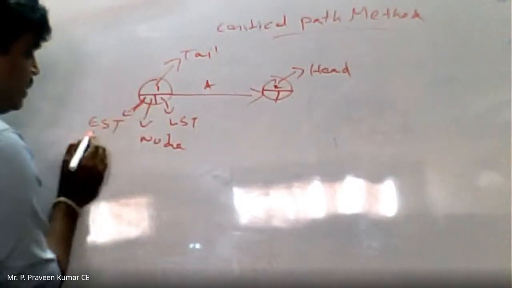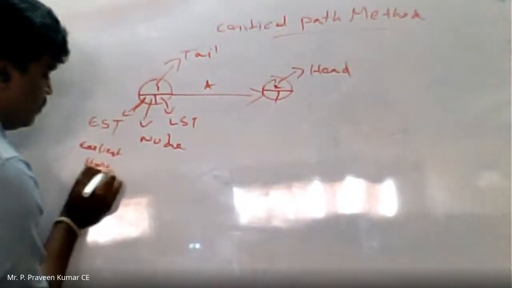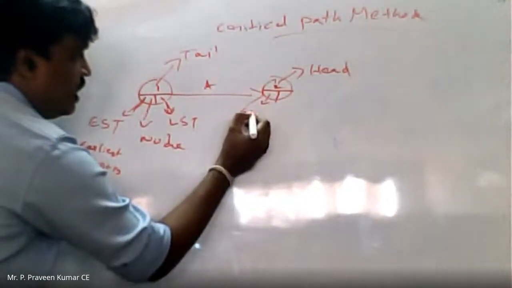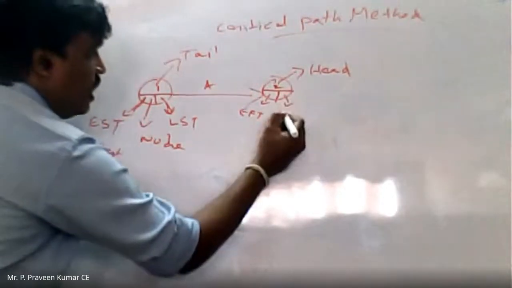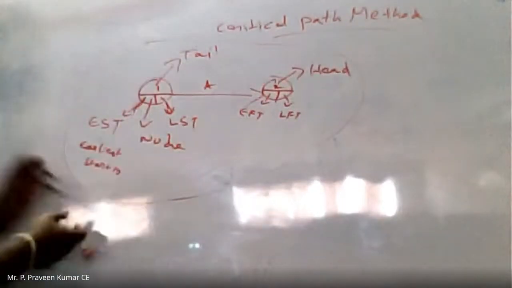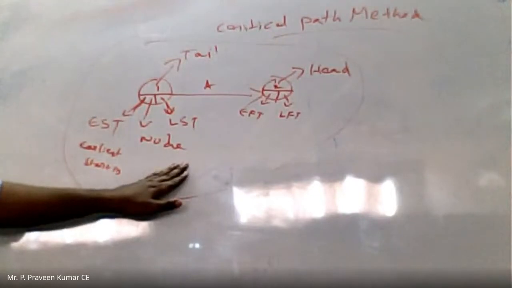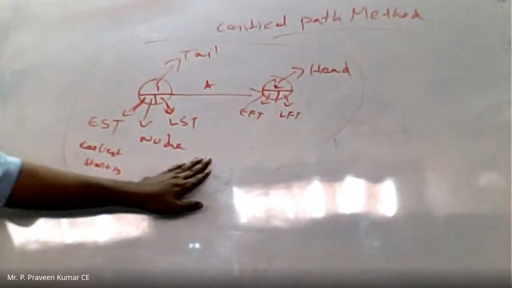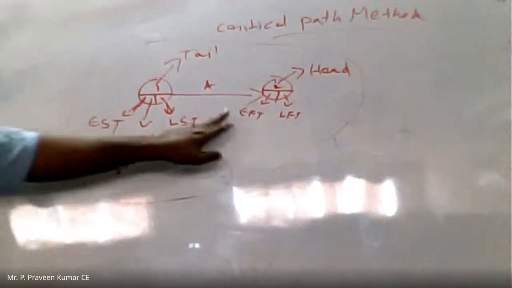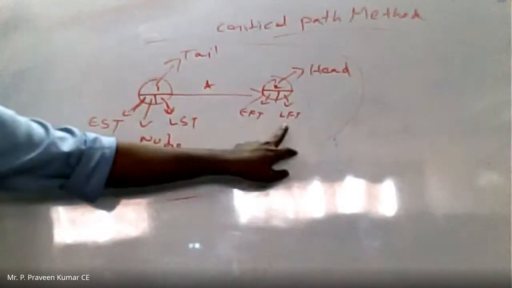Okay. Now this event is divided into parts. That is EST, earliest starting time. This is latest starting time, and this is earliest finishing time. This is latest finishing time. Okay, this is the basic idea about how to develop the network. If you keep these points in mind, then it is very easy to draw a network diagram, and we can calculate the timings and duration of this particular project by using EST, LST, EFT and LFT.